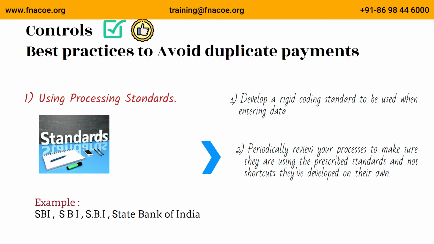Don't forget to address industry specific issues: how to enter postal addresses, titles, and invoice numbers, whether to include spaces, whether to include dashes, whether to include leading zeros, etc. If you take this step seriously and set up a rigid process and rigid coding standards, you'll almost completely eliminate duplicate payments. It's almost, but there is no guarantee. Even if the process is set up, a new accounts payable accountant who is there might make a mistake.